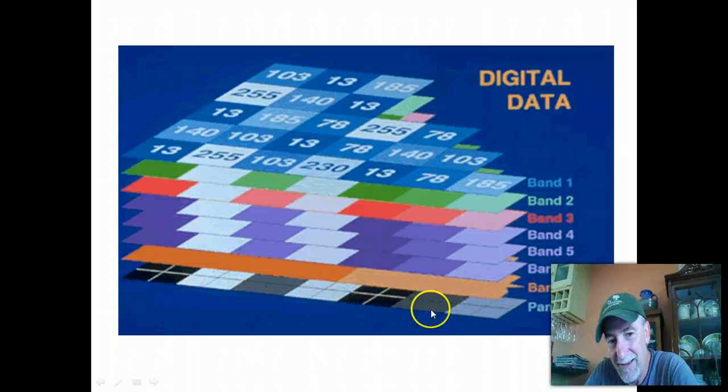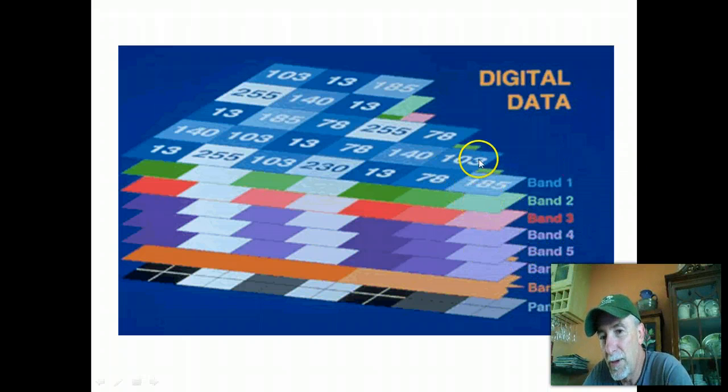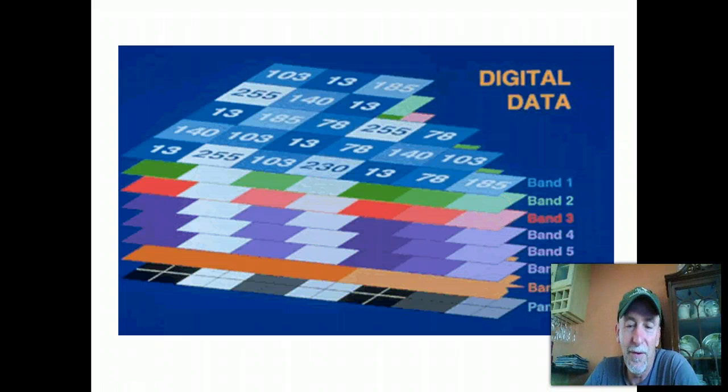This would be channel 8 in the ETM plus. And then all of these are 8-bit data, and so when you look at this, you have 1, 2, 3, 4, 5, 6. There's 48 bits of data. That really is an incredible amount of information in a single pixel across those several channels, just in the multispectral channels 1 through 5 and 7 in a thematic map or image. So we're thrilled to have all of these data, but one of our problems is to reduce this to a usable